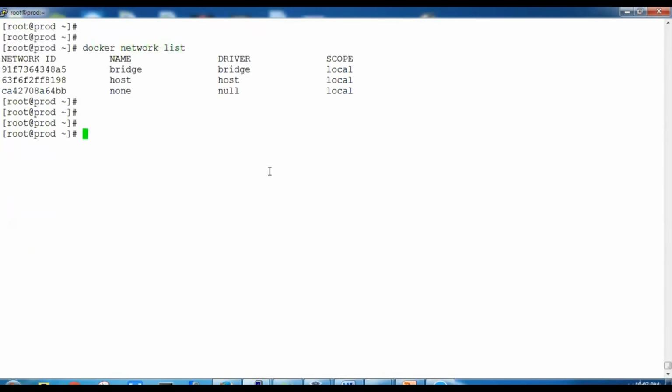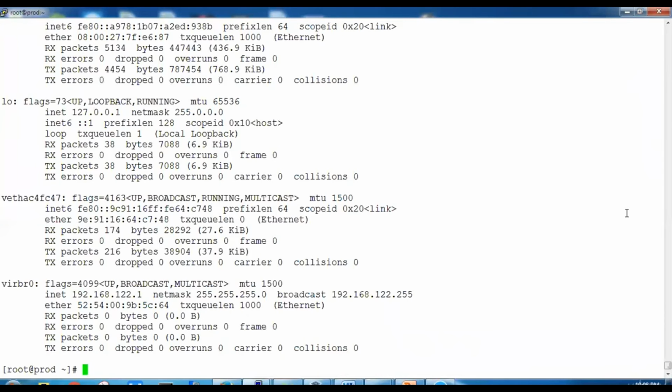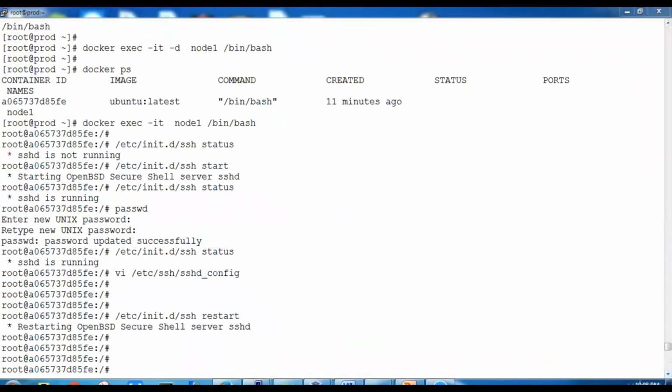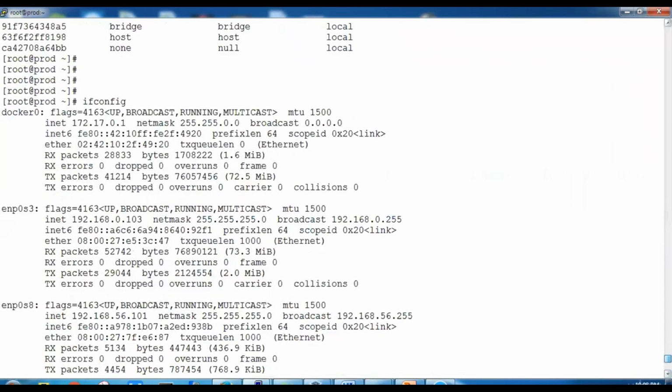Now we want to check how this communication basically happens. If we give the command ifconfig on the Docker host, we'll get all types of connections over here. So we can check what the different interfaces are.